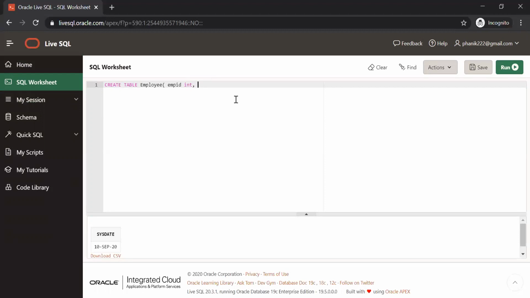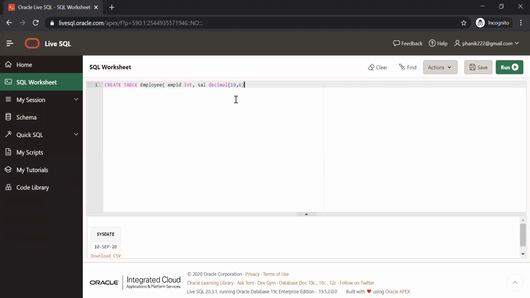Let's suppose I have something called salary. I can specify float, or decimal, or integer. Usually it will be decimal. You can give 38 as the maximum value.